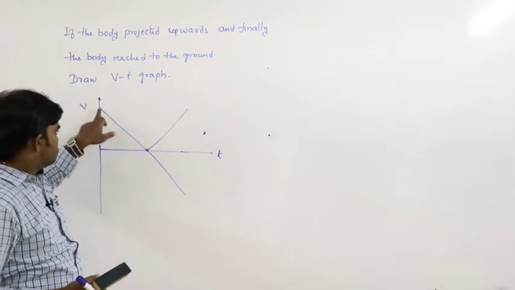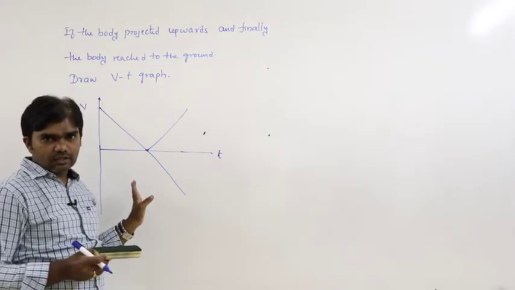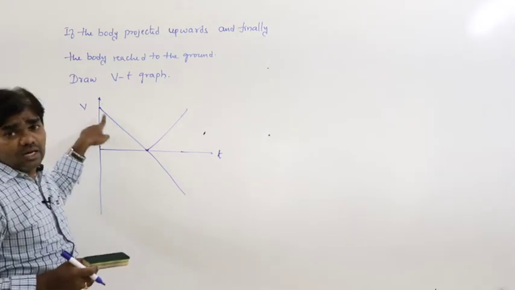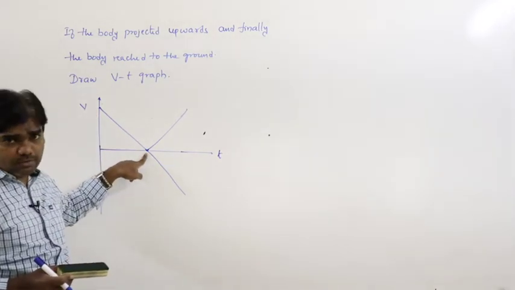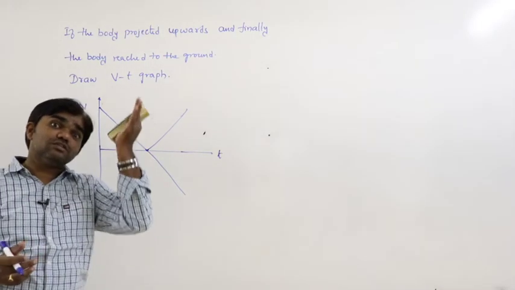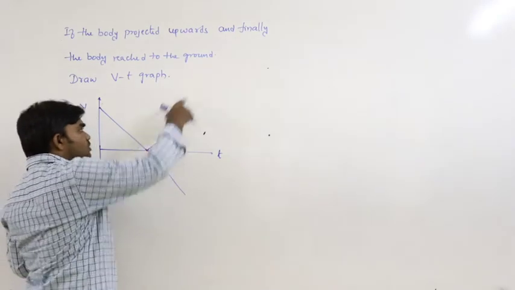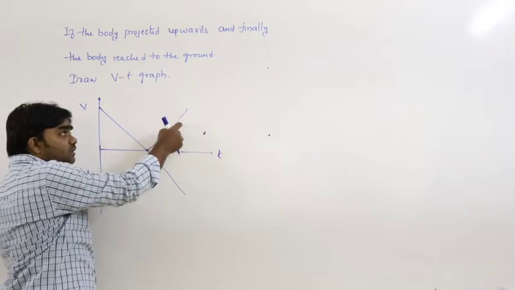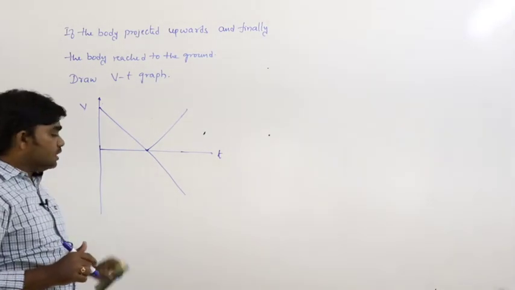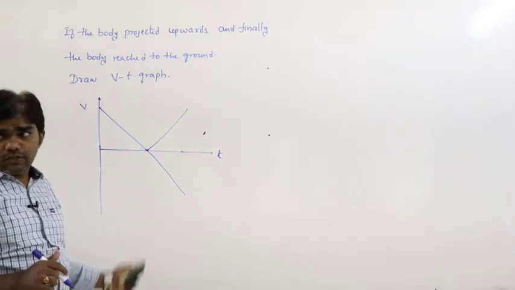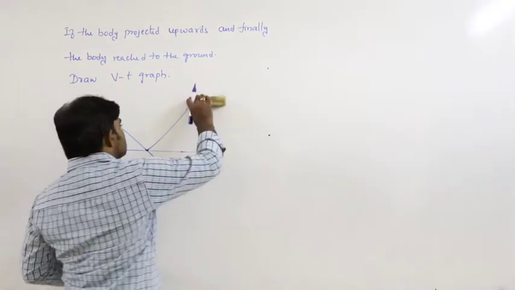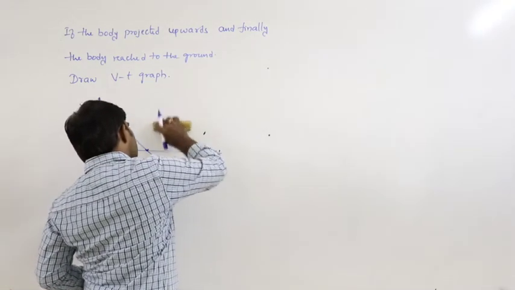In these two, from here to here the graph is very much correct, no doubt about that. Because the body moves upwards, starting from maximum velocity, and velocity decreases and finally is 0 at maximum height. Again while moving downwards, velocity increases, from 0 to this one. Actually this is the possible graph. But why does this other graph come into the scenario? This is exactly the correct one. This is the wrong one. What is the reason?